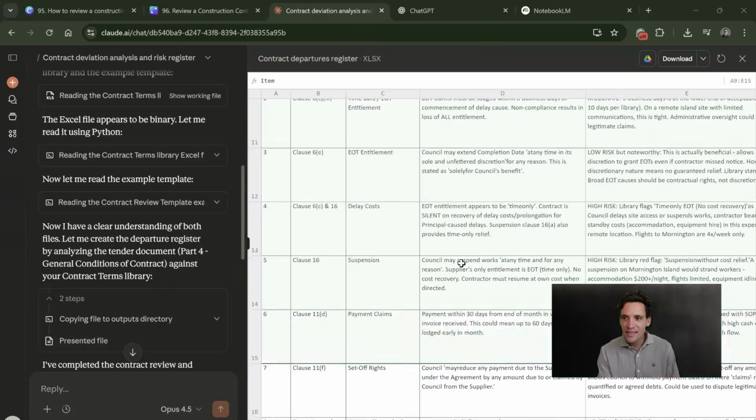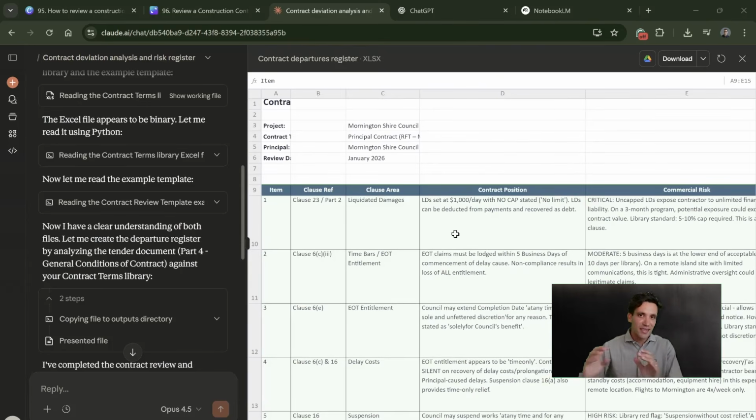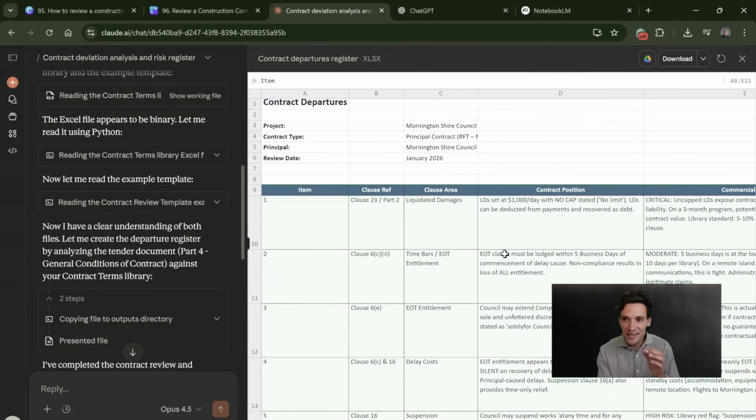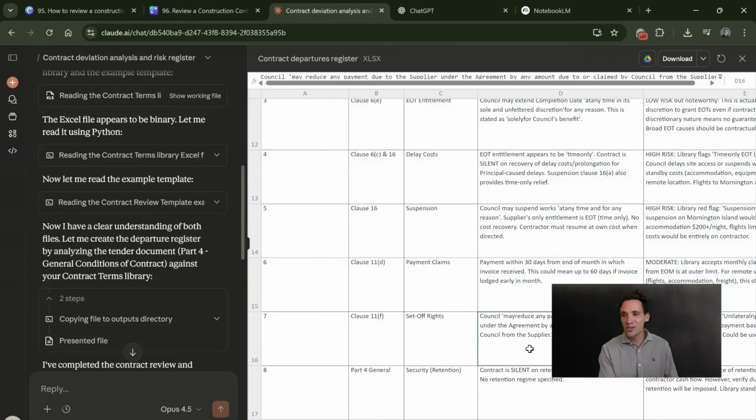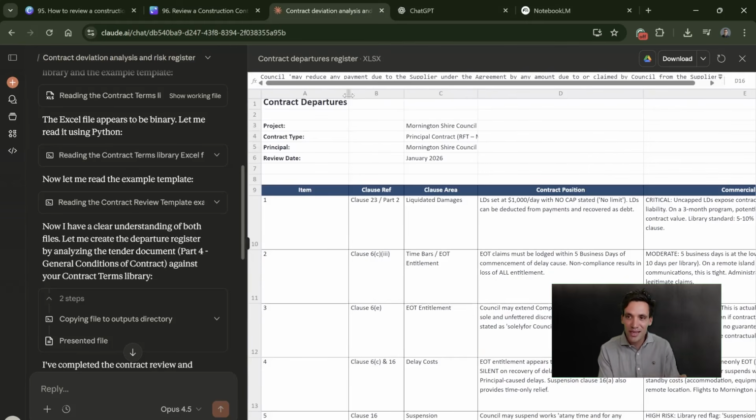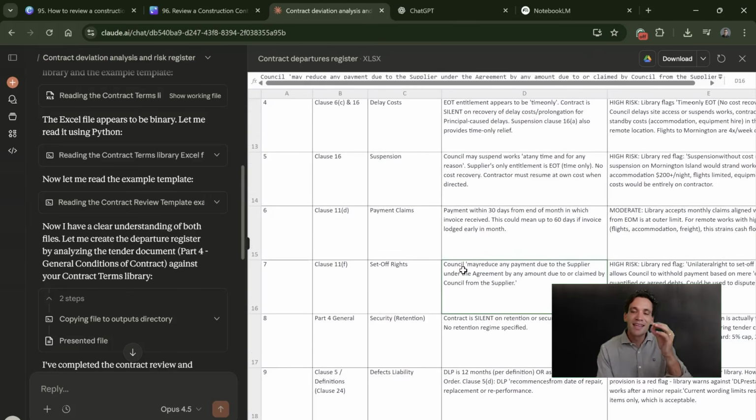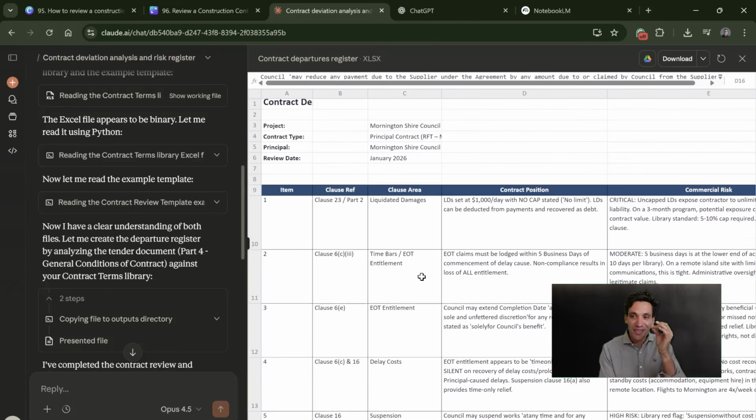At the end of the day, this isn't going to be as good as getting an experienced commercial manager to go through it. It's not going to be as helpful when it comes to actually negotiating a contract. I think the use case I see of AI in these types of things is when smaller contractors don't have a budget to review their contracts properly, so they end up signing bad contracts because they're not reviewing them. If that's you, then I think this is a very quick and effective way of doing it.